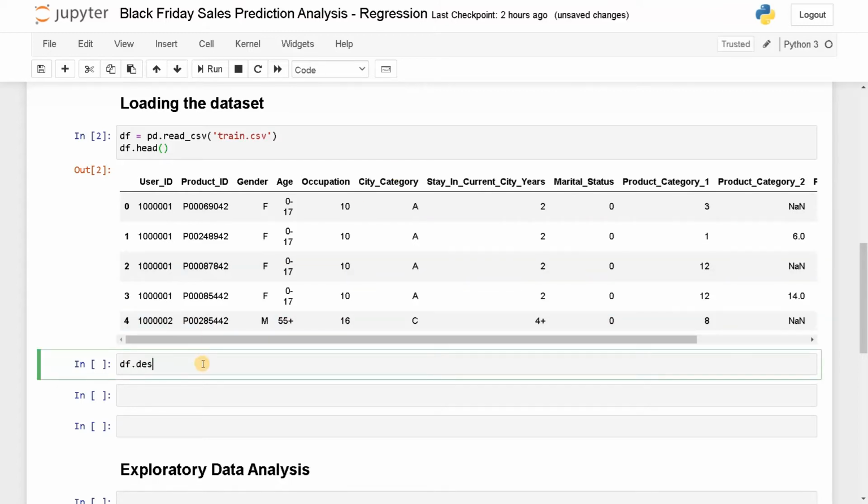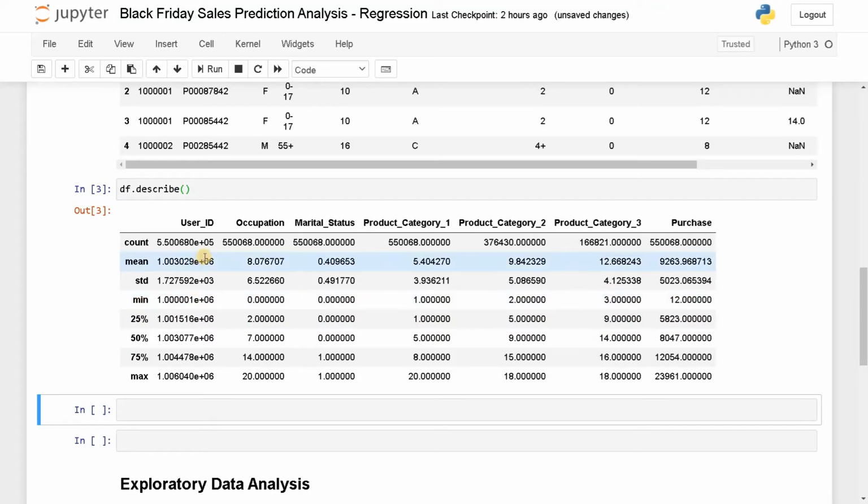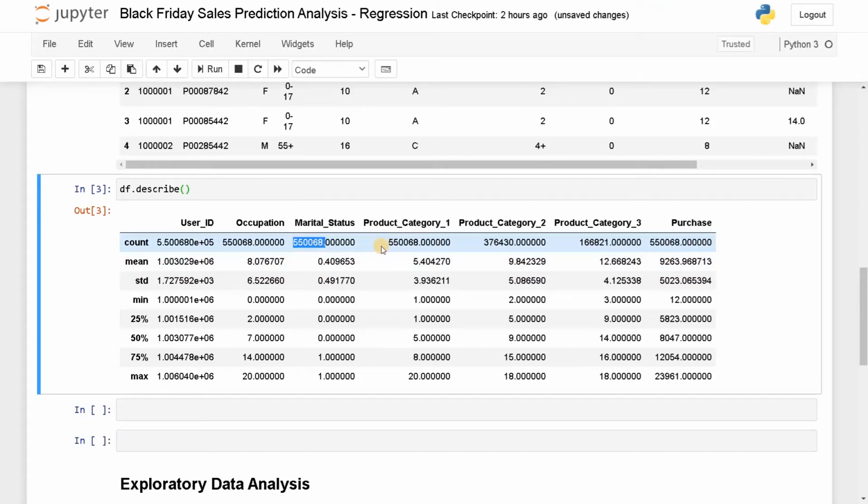df.describe, run this. So we have user ID, occupation, marital status. You can see the total count of the whole data, and we have product category, and you can see some of the product categories are missing here. It has a lower count compared to product category one.